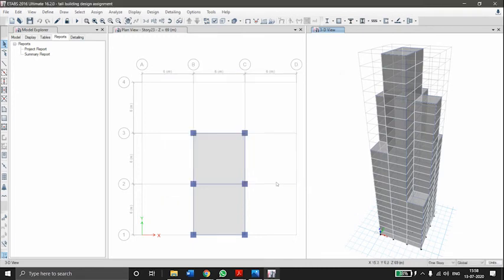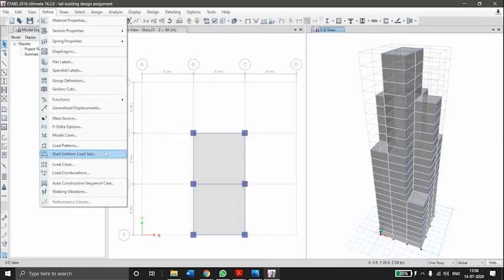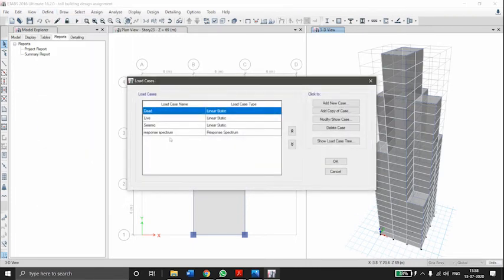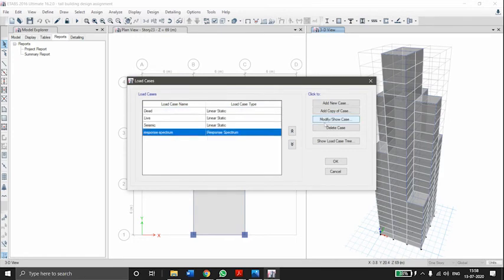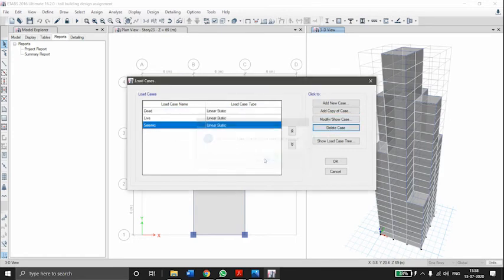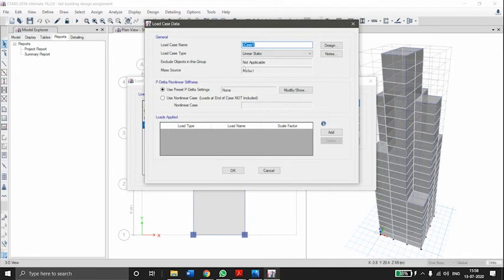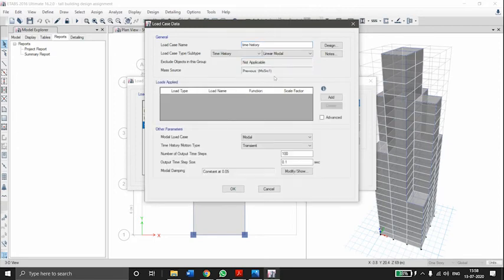Again select OK. Now go to define, go to load cases, delete the response spectrum load case. Now add new case, give the load case name as time history. Select the load case type as time history.